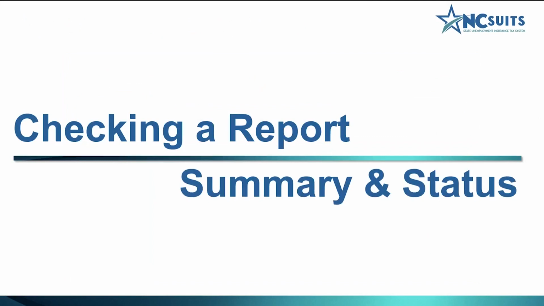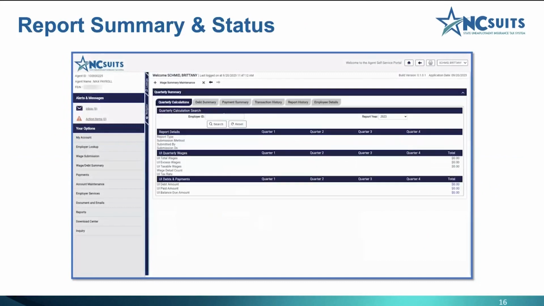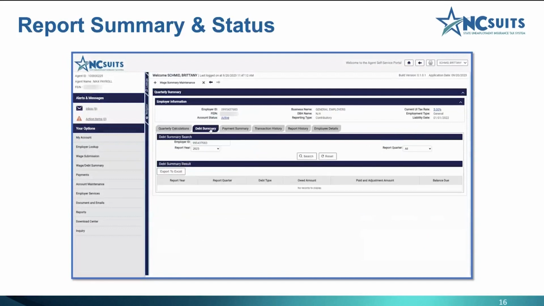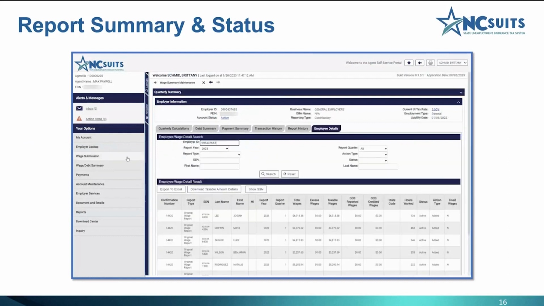Thank you, Larry. To review wage report summary information, click on Wage Debt Summary from the home screen. This will take you to the wage summary screen where you can use the employer ID to search and view quarterly calculations for a particular employer. You can also preview previous years by clicking the Report Year drop-down box. Using the various tabs, you can search Debt Summary as well as Payment Summary, Transaction History, Report History, and finally,